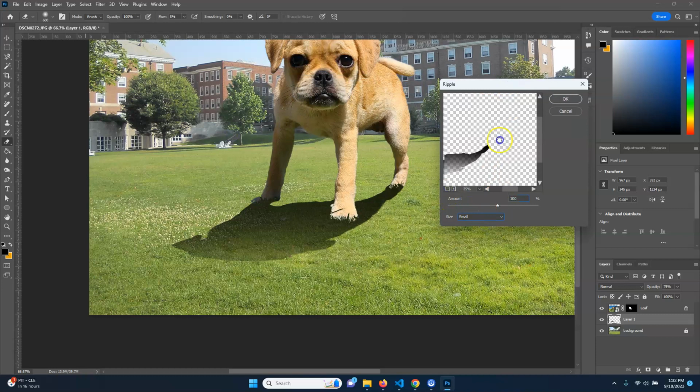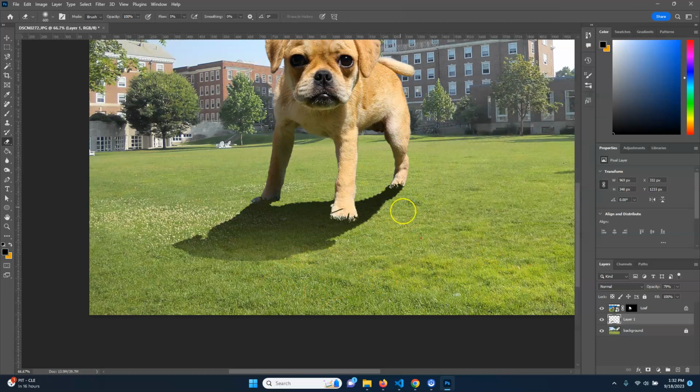And I'm just going to zoom out a little bit. And let's zoom back in so I can see. I was hoping there was a preview button, but I don't see it. So you can see it's basically going to jagged-up the shadow. I'll hit OK, and that adds a little bit of ripple to it for me. Okay. Probably even better to manually use Liquify, or just manually paint ridges and stuff, because it's a little bit even,